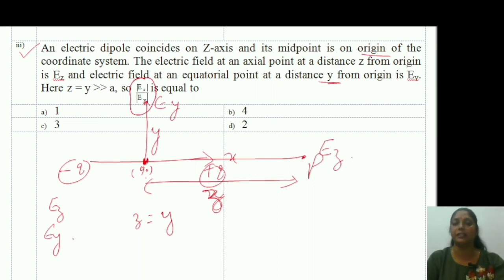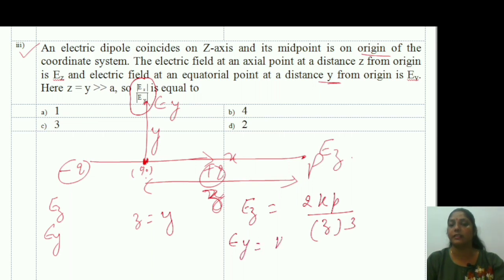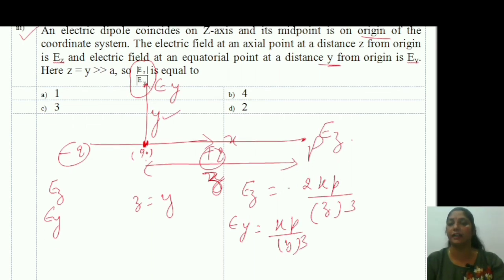So first you find Ez. Ez is the electric field along the axial position. This is twice Kp by R cube, and the distance from the center origin is z, so z cube. Again, the electric field along the equatorial position is Ey, and this is Kp by y cube. You must know the equatorial and axial position electric fields by now: along the axial position it is twice Kp by R cube, and along the equatorial position it is Kp by R cube. Here it's given that z equals y. It means